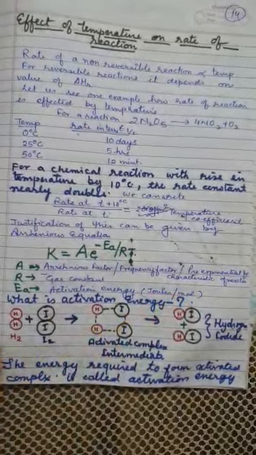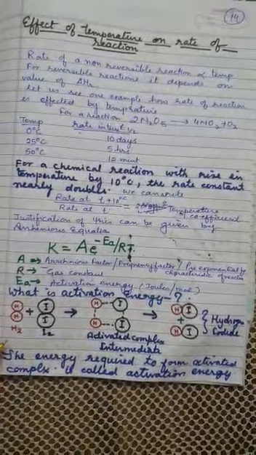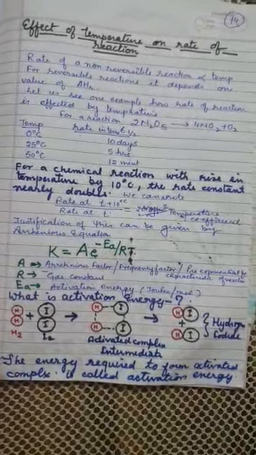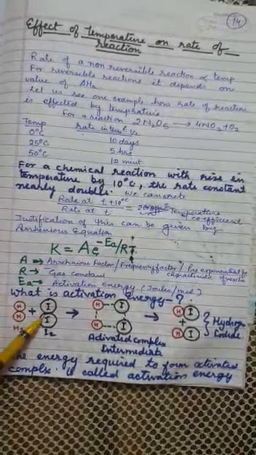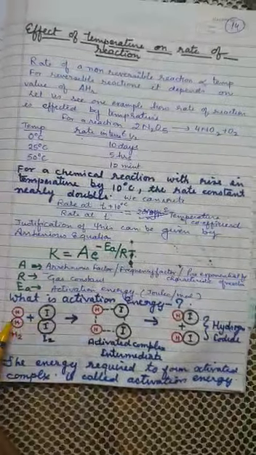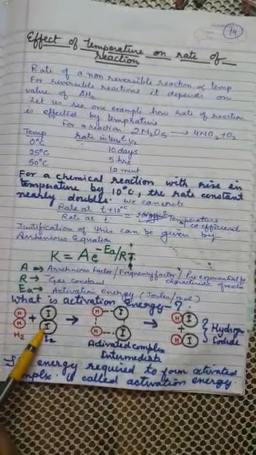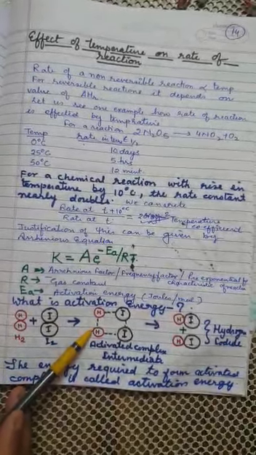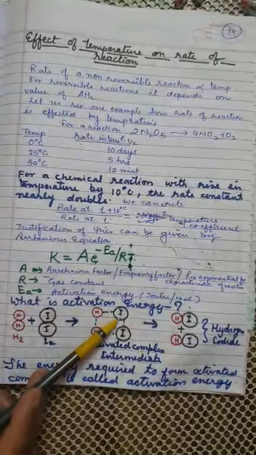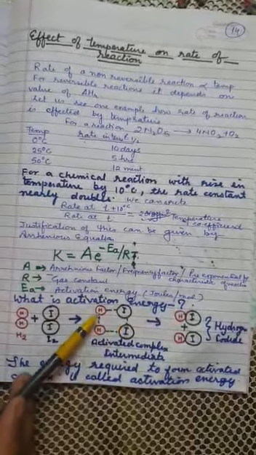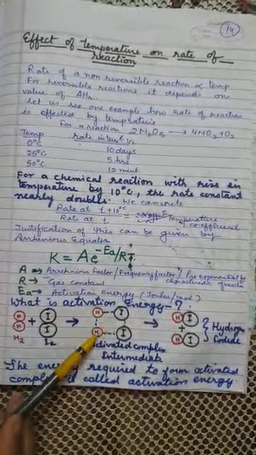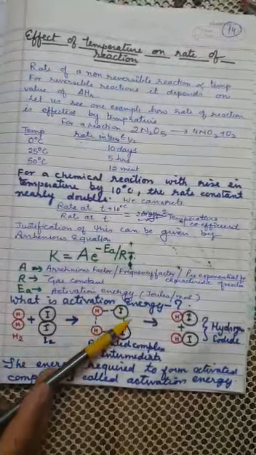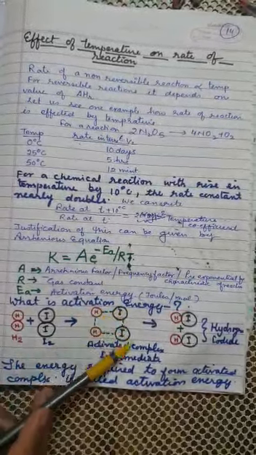Now, you have not studied activation energy. Here we should understand what activation energy is. So, take the example of this reaction where hydrogen is reacting with iodine. Now, when the molecule of hydrogen collides with iodine, the bond between H and H starts breaking. You can see here. And the iodine bond starts breaking. And the new bonds between hydrogen and iodine start forming. And finally, a molecule is formed which has partially formed bonds. The bonds are not completely formed.